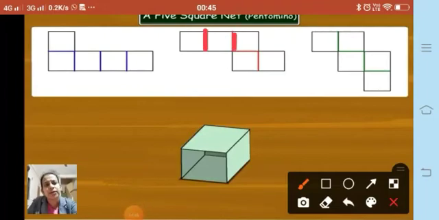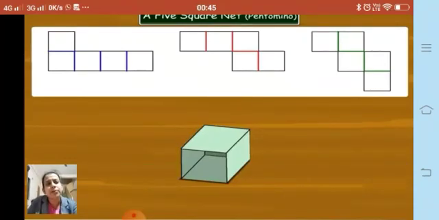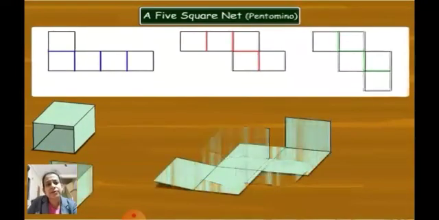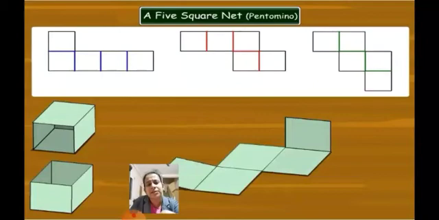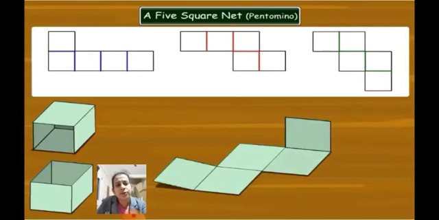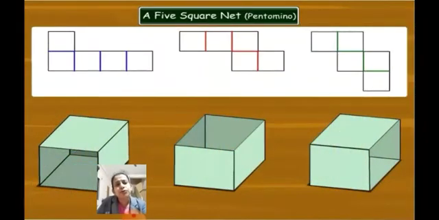Again, you try to fold this net along its bold lines. So again, what are you going to get? You are going to get a box like this. Here you can see the second box, which is open on the upper side. And the last one, what you can get is this way. Isn't it nice that you are getting different types of open boxes from different types of nets? Yes, all the three nets can give you an open box.